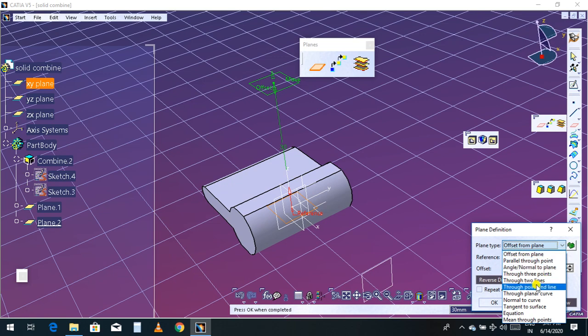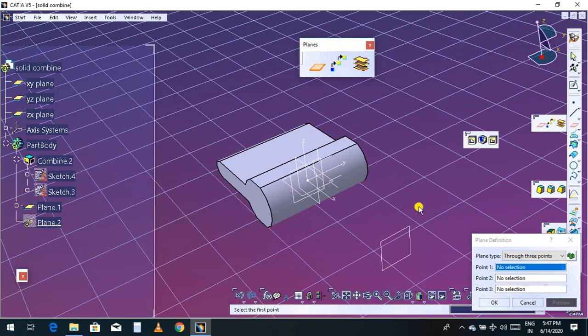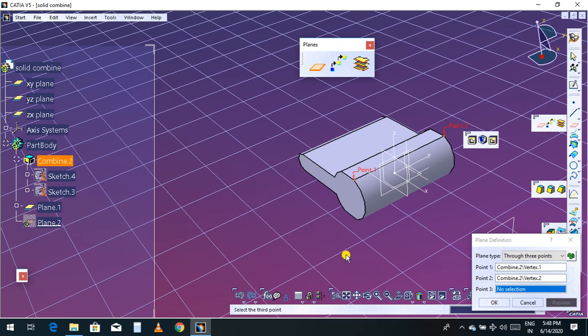So I will select the 3 points. It is asking for point 1, point 2, point 3. So this is my first point, this is the second point, and now you can choose the third point.